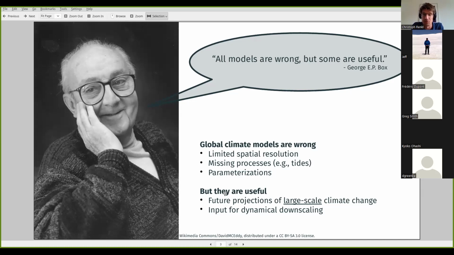However, they're still useful because we all know that we can infer future changes in the large scale climate, and we can also use them as input for dynamical downscaling. So especially for smaller scales, that's when we want to use downscaling, these become incredibly useful to force our